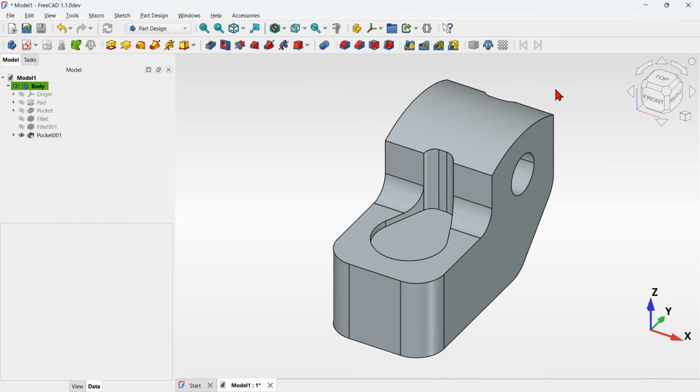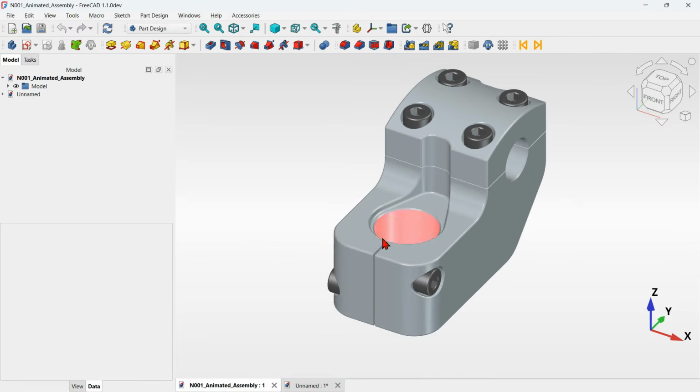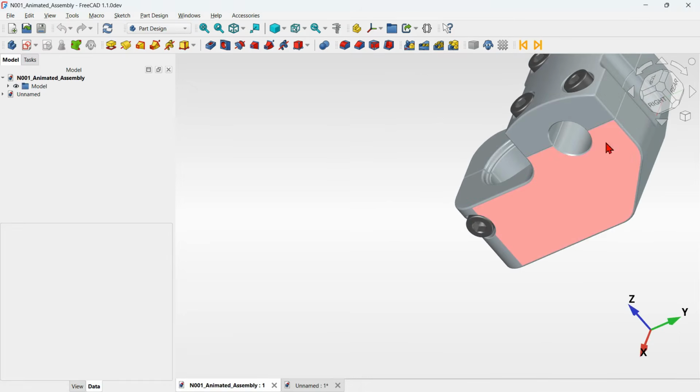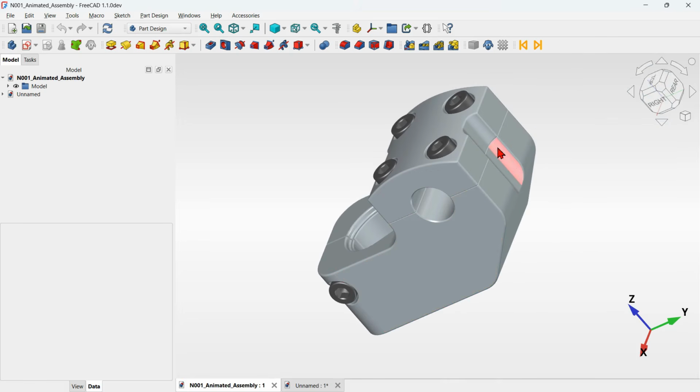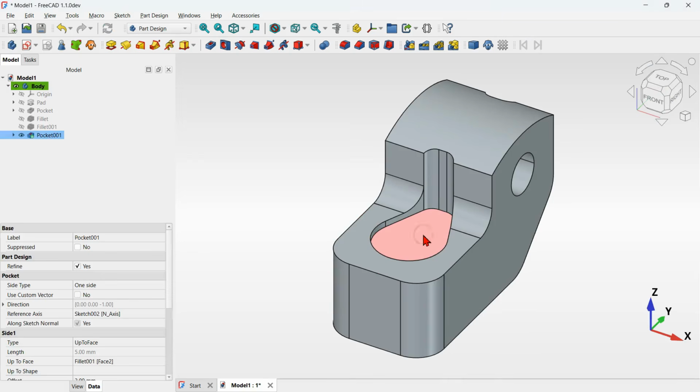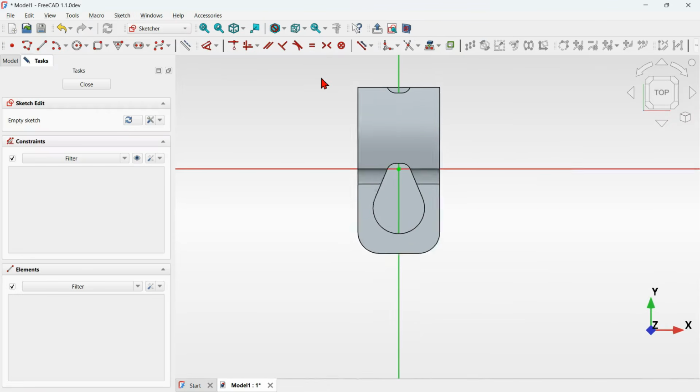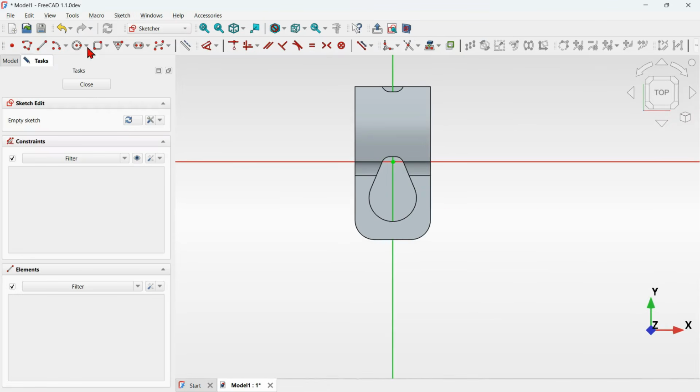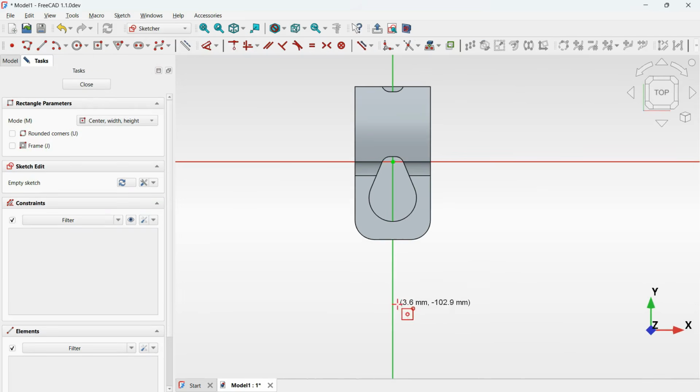To do that, it's very easy. Let's create another sketch, but now attach it to this face here. On that sketch, we'll create a geometry for this pocket and another geometry to remove material to get this. Okay, let's select this face, create another sketch, and here let's go to sketch geometries, expand rectangle tools, select centered rectangle and create this rectangle,